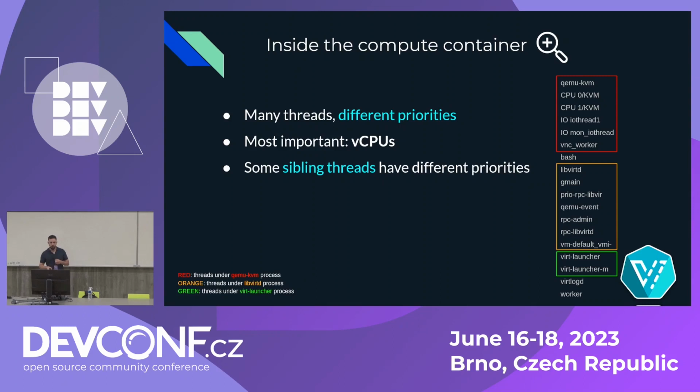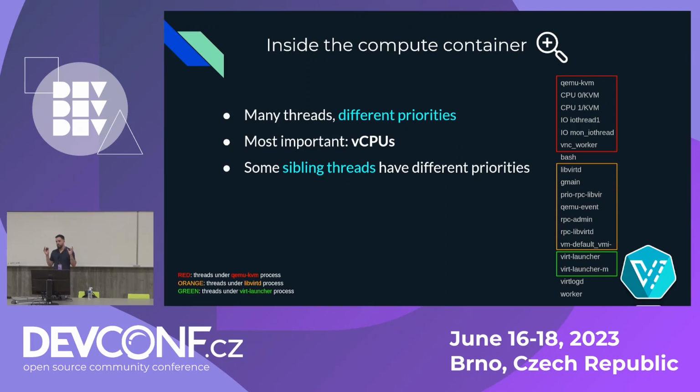So these are some of our processes and all of the threads. Now, you don't have to understand everything that's going on here. What's important is that here are the vCPU threads that I was mentioning before. We have like 2 CPUs here. They are just regular threads, as I said. But the problem here, as you remember, in one of the first slides, I was saying that the key point is avoiding preemption, avoiding context switches. And here we have tons of threads. So we basically took a container,